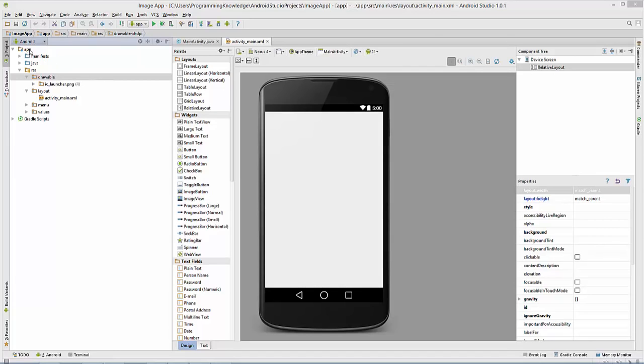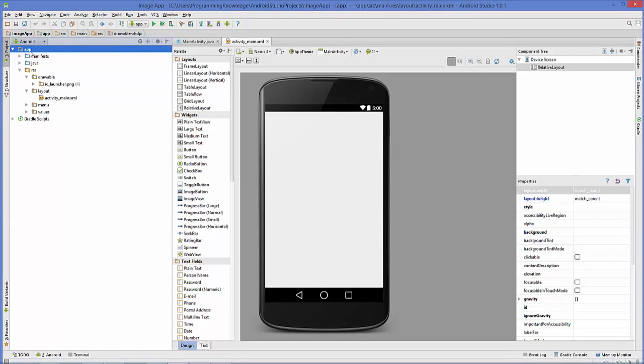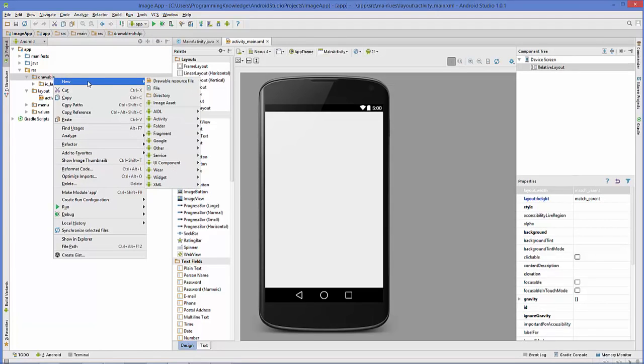So go to your project and search for the folder called app, and inside this folder you will be able to see this folder called res or resources folder, and inside this resources folder there will be a folder called drawable. So all the images you want to keep go inside this drawable folder. So this is the folder for keeping all your image resources. So go to this drawable folder, right click on it and go to new and click the option